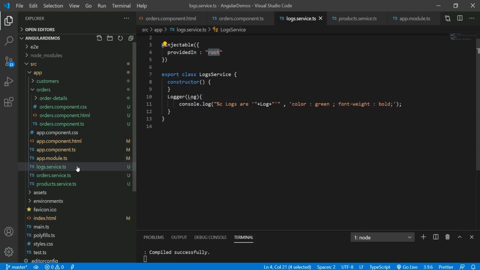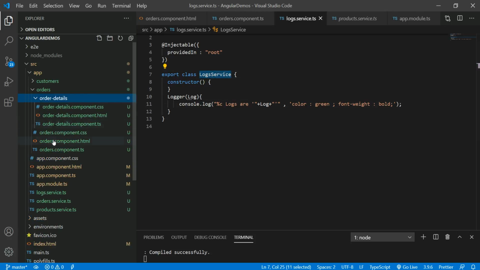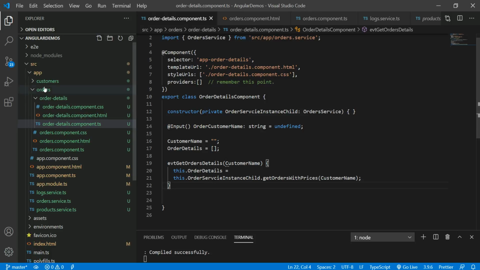That root is the app.module.ts file. Once you do this, you can access the log service in your entire application without writing it in the providers section. I just want to use this log service in the order details component here, so there is no need to write the log service in the providers section.